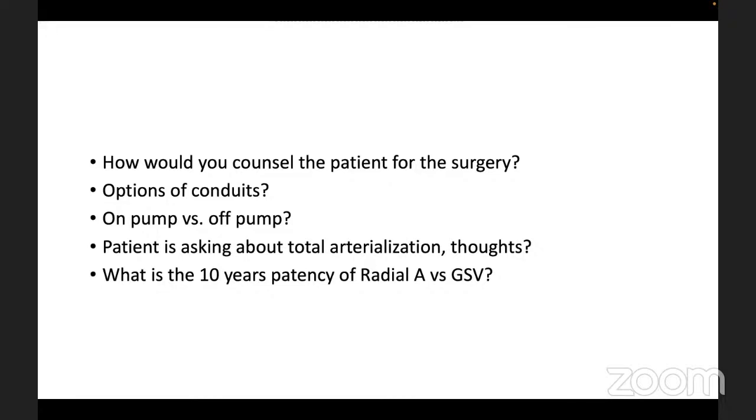If I'm going to use the radial, for a total arterial patient I will use the RIMA. That's what I think for the OM. Okay. So anyway, whatever your decision is, you have to have a justification of why you would want to